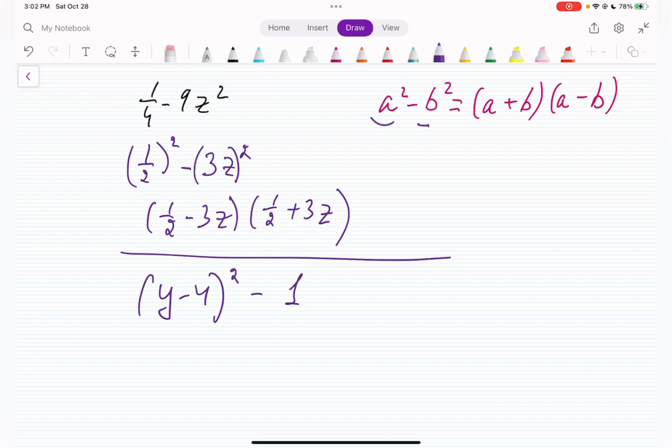Okay. This is what I'm going to do here. Treat it as a difference of squares. So my a is going to be y minus 4, this is to power 2. And 1 is going to be my b, because 1 is the same thing as 1 squared, b squared. Which means a plus b, I'm going to get